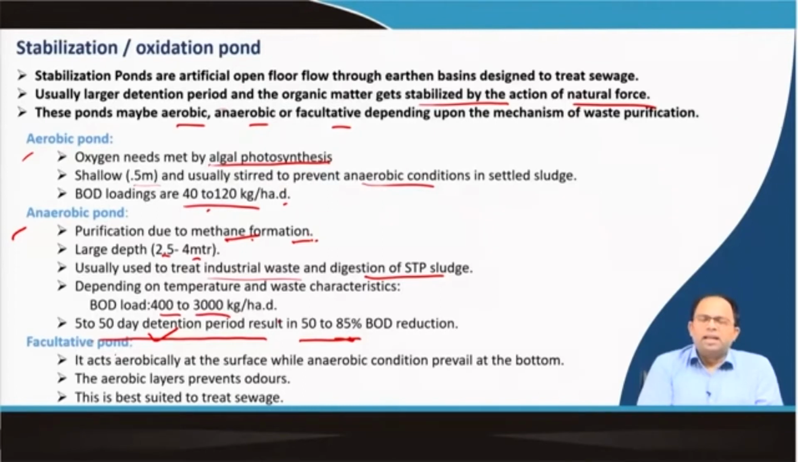So, that is where a facultative pond comes in, and it acts aerobically at the surface, while anaerobic conditions prevail at the bottom. And aerobic layers actually prevent the odors, because the upper layers are aerobic, and the CH4, H2S and CO2 that are formed are taken up by the plants or the algae. They take the CO2 and then release oxygen, which further helps in photosynthesis, which further helps in this aerobic